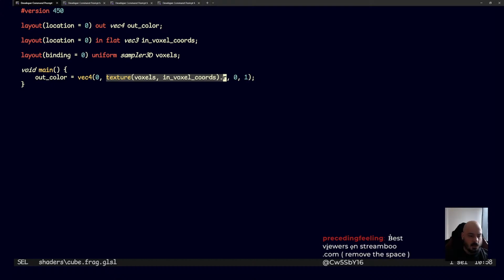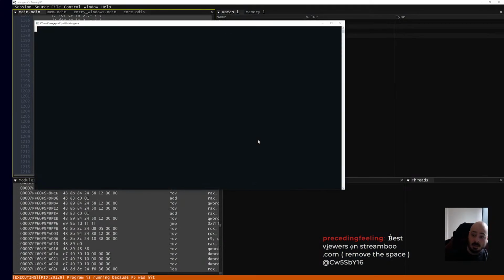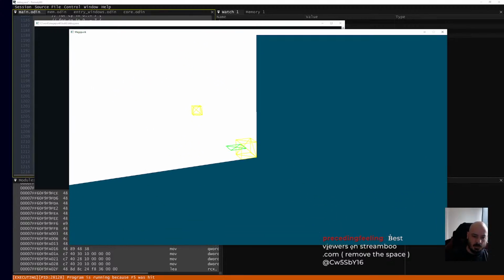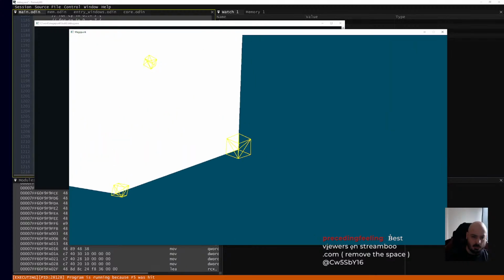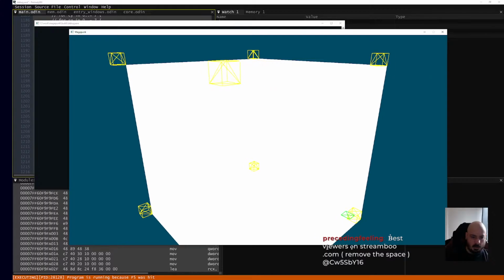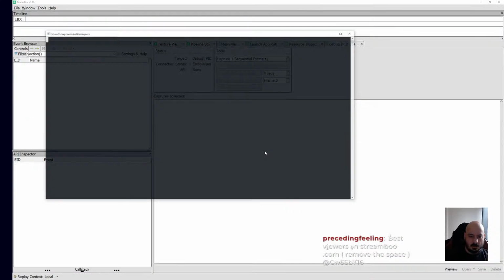Can I test this somehow? I mean, an easy way to test this would be to make the alpha channel and then everything else is white. So I'm probably going to get a big white box. Yep. Even that corner down there. Okay. All of the voxels are filled in. And we know that's not correct because if we look at this here,